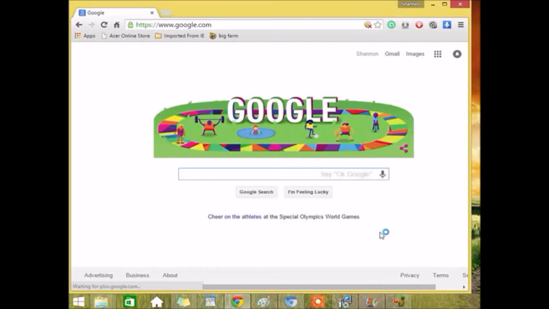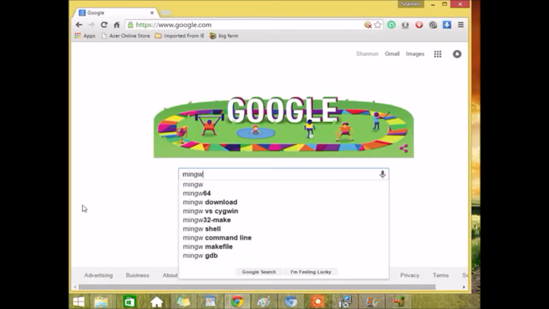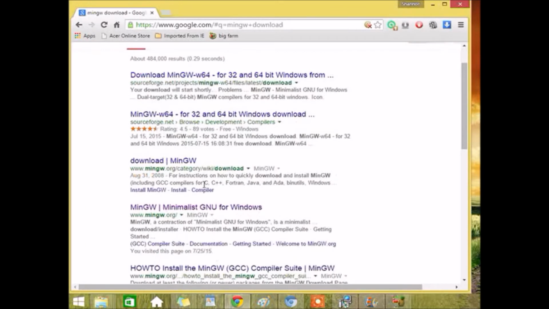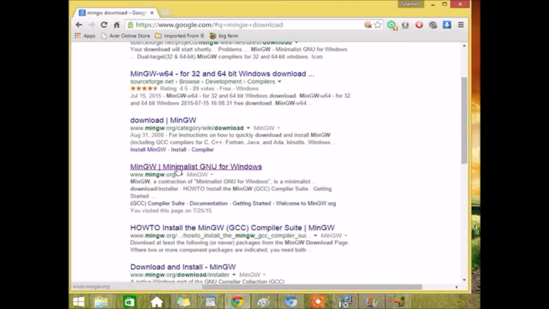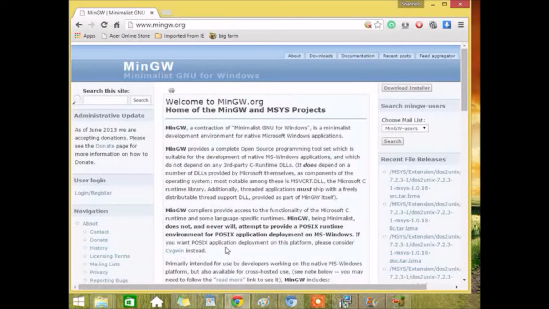Okay, now once I Google up, the first thing we want to search is MinGW. And let's just go to download. That should be fine. Okay, and this is what we're looking for: MinGW, Minimalist GNU for Windows. Click it. I'm on the Windows system for now. For Windows,